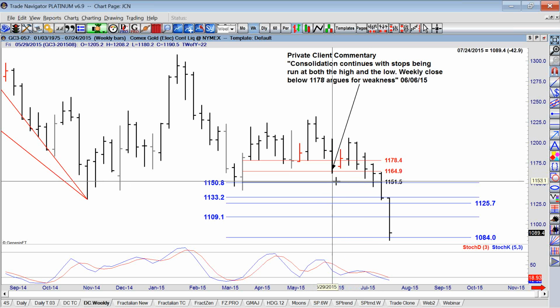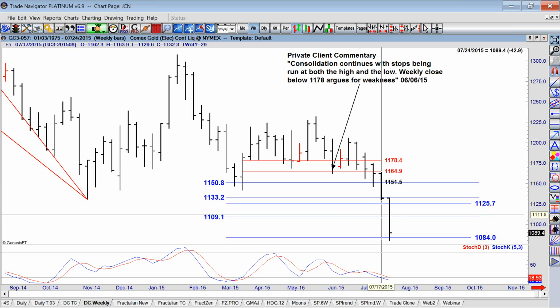The market went down because the price structure had breached some key Daniel Code levels, and I'm trying to make the point that as far back as June, the first week of June, we told you that this market's bias was all to the downside, and a fast move was not out of the question. And I'm going to show you more of that. So there's the weekly chart, and I'm going to show you where we think this market is going and when. So for that, I'm going to turn to